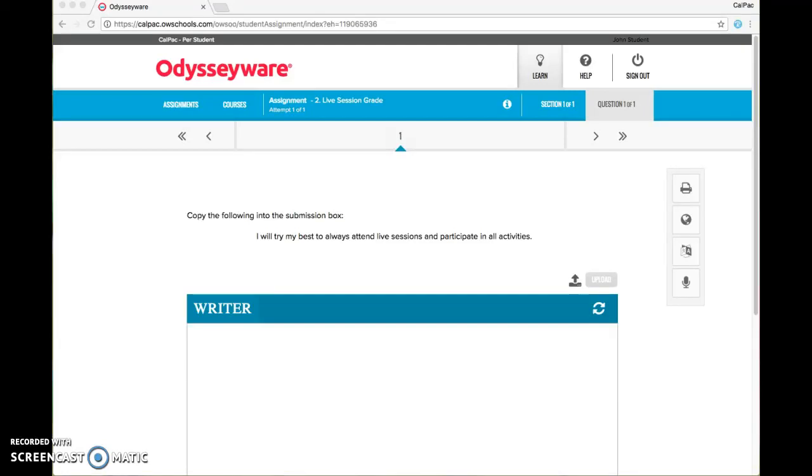Hi, I'm going to go over the Writing Helper tool. You can use this when you are doing your essays or submitting any of the projects into this submission box. If you're writing your response right into this box, you can use this writer tool to help you check for